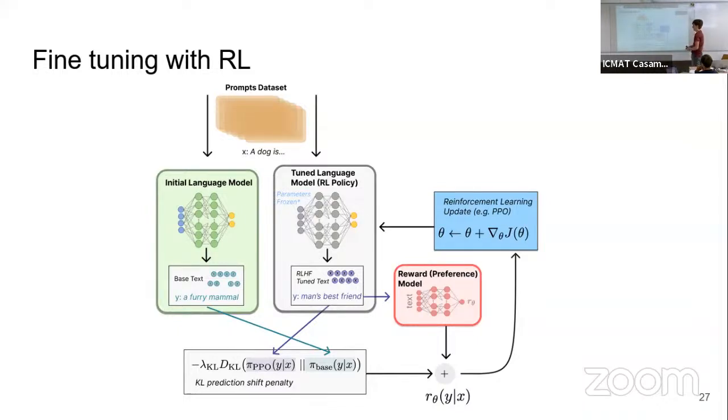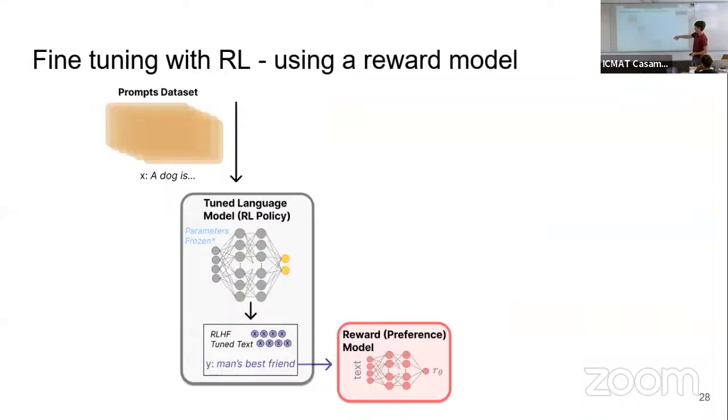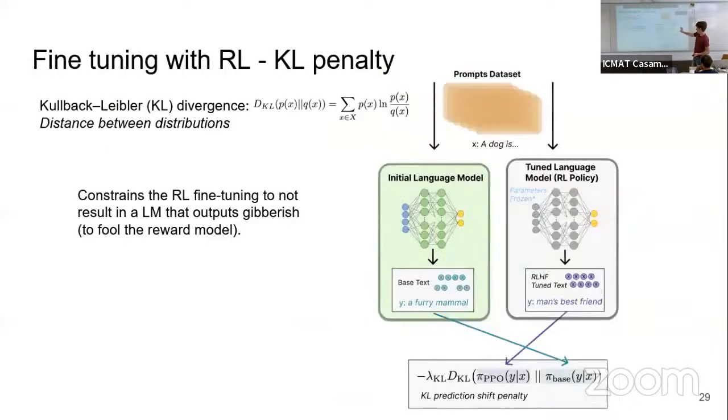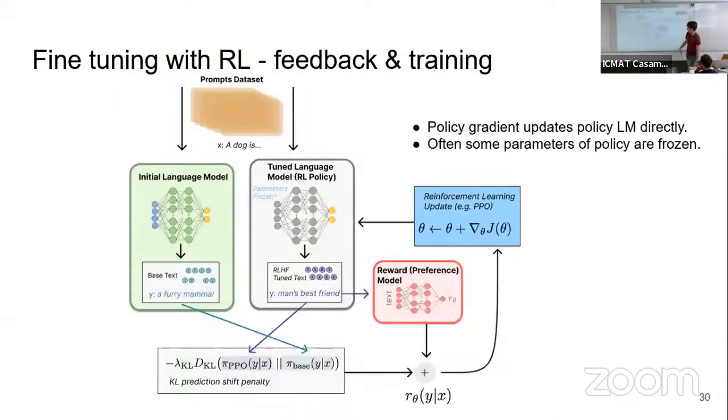So in the end, the hope is that the rewards become more positive. This is the reference part. This is the other part that controls that the model we are learning doesn't deviate too much from the original one in its completions. And that's pretty much reinforcement learning from human feedback.